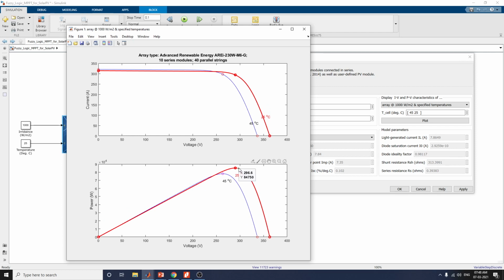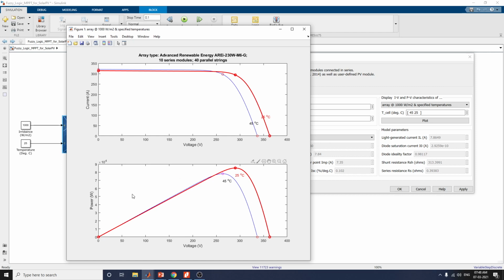The difference between power and voltage is 0 here. This is dP/dV greater than 0, and at this point dP/dV is less than 0.